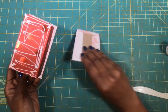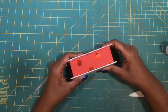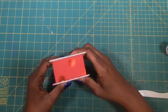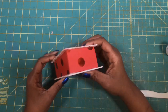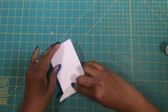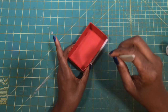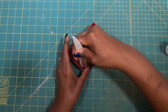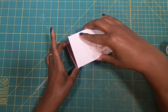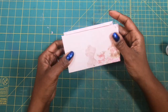And now I can come back with my bottom piece, and I am just going to stand this up so that I can match up the two pieces, and then I'll just go around on a level surface just to make sure that I get these nice and even. And now I'll come back with my bone folder and smooth everything out. And I'll lift off my lid, come on the inside, and just make sure I have got a super good stick on that glue. Now I can take my lid, put it on, and guys, you can see, beautiful, beautiful